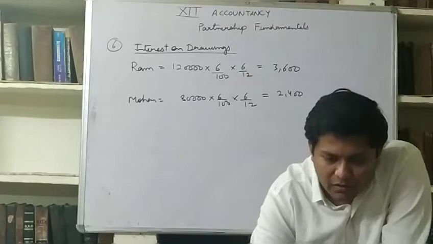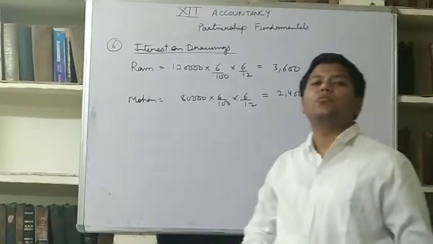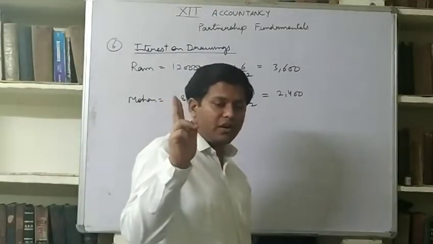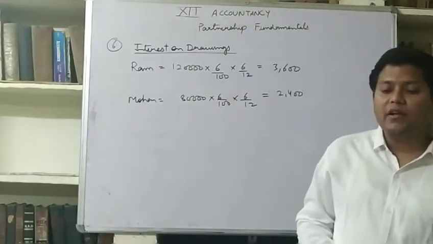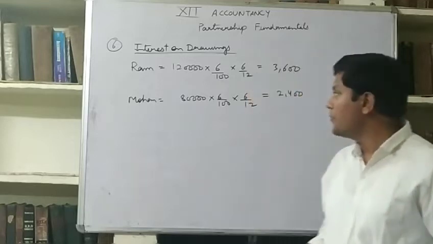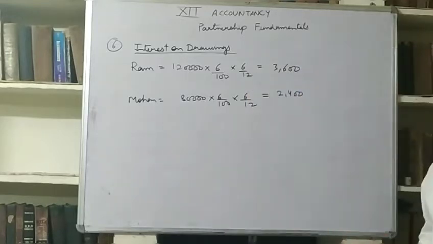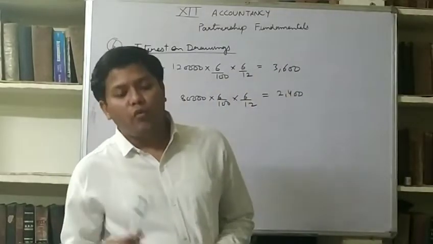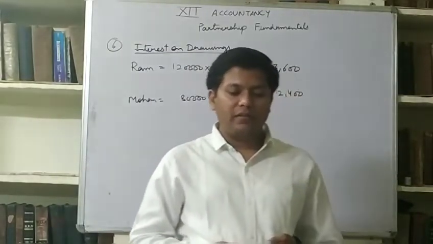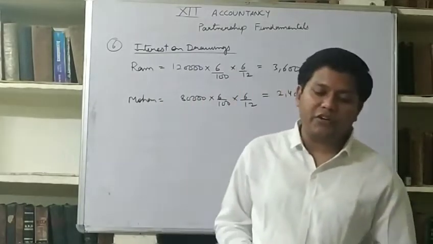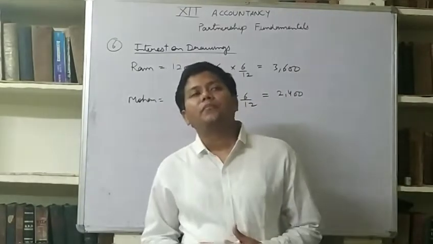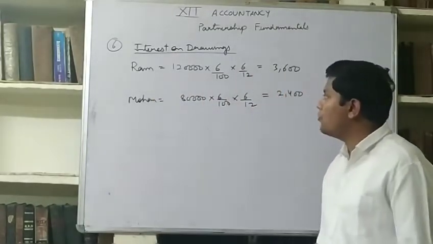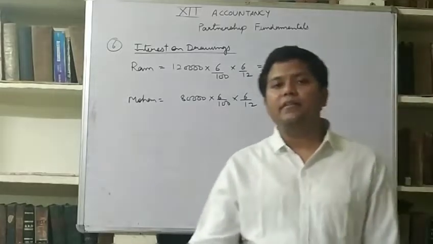It's so simple. We only have to understand the rule, and the rule is that 6 months' interest will be charged if the rate of interest is per annum. Two things you have to note: the rate of interest should be per annum, and annual drawings should be given. Now we are going to move on further, and the next topic is also related to interest on drawings, interest on drawings in different cases. You may note it down.